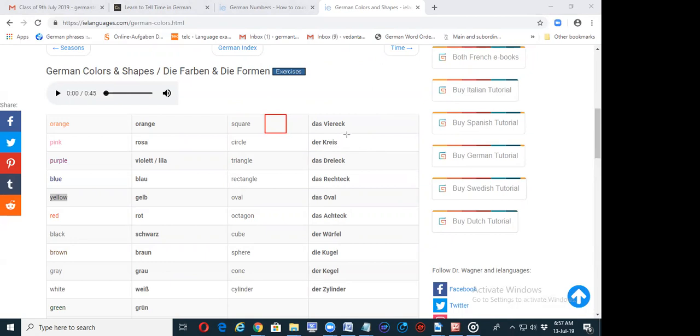Das Viereck. Eck is going to be corner. Okay, 4 corners. So it's going to be called as a Dreieck. Then you're then going to have a